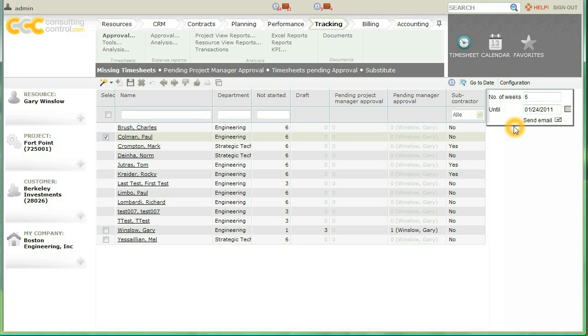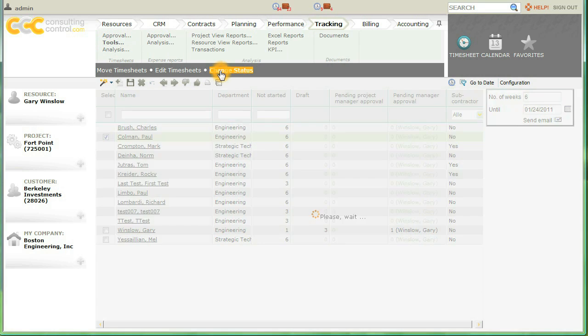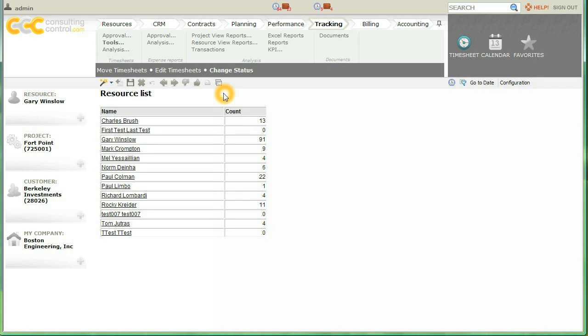The third tool, Change Status, which is located by clicking on Tracking here, Tools, and Change Status, allows admins to easily reject a timesheet so that a resource can go back in and edit their timesheet even if that timesheet has already been approved. Remember, once a timesheet has been submitted or approved, it's locked for editing. This tool allows the admin the flexibility and control to go in, reject it, and allow that resource to modify